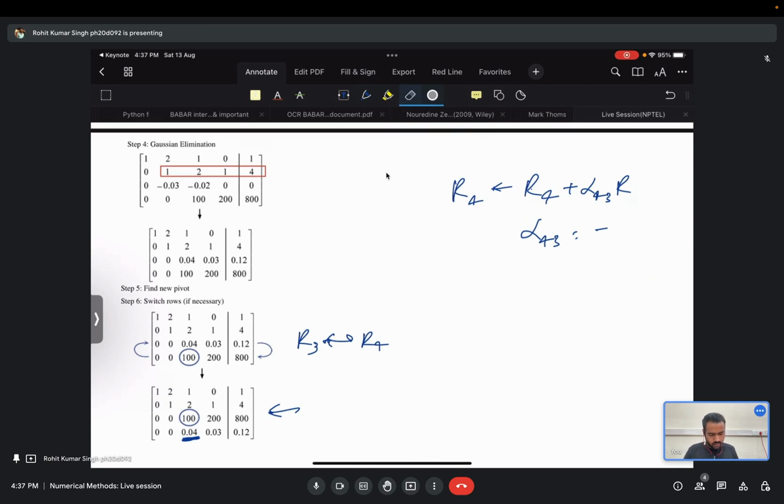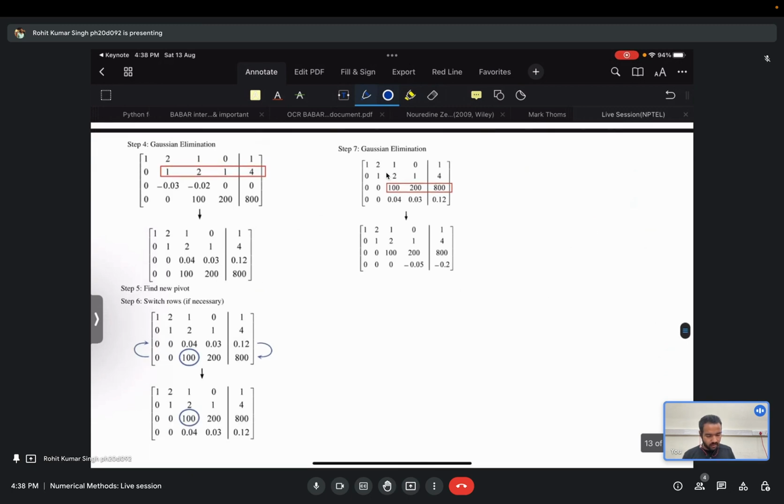minus A43 by A33, right? Which is just A43 is minus 0.04 divided by 100, right? It will be a very low value, like 0.0004. Okay, so that we do here, and we get this matrix here. Okay, so 200 minus, sorry, R4, yeah,